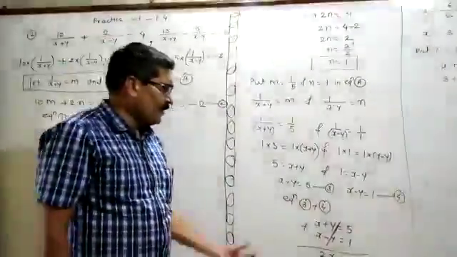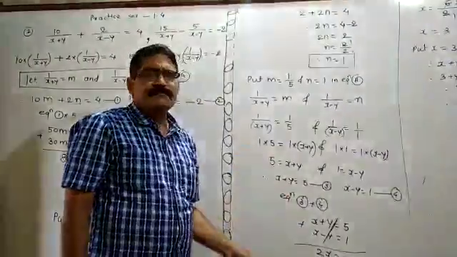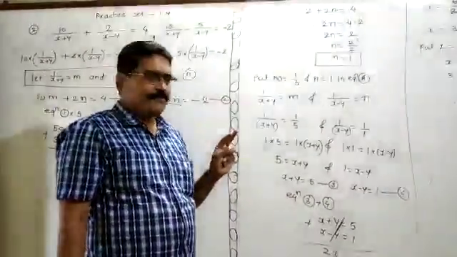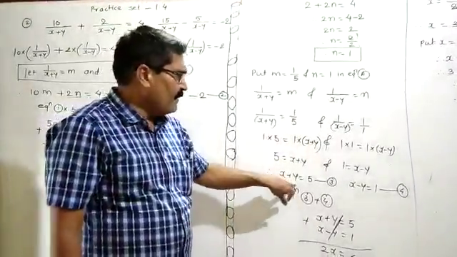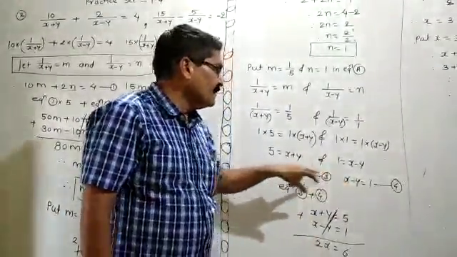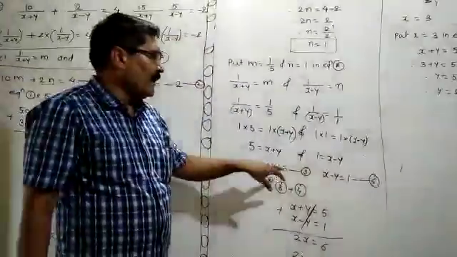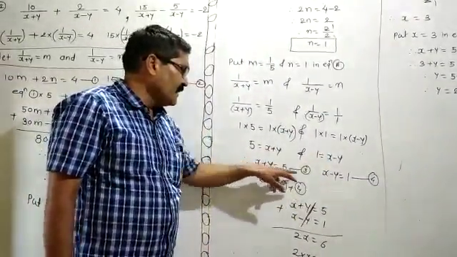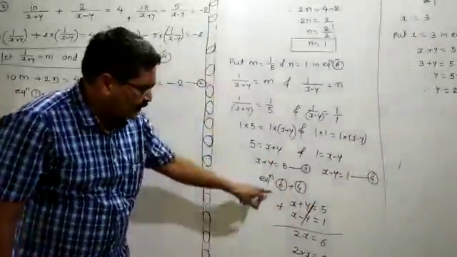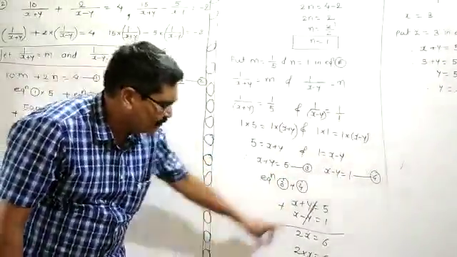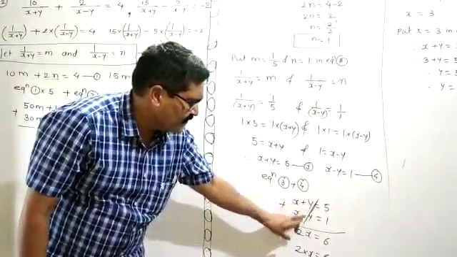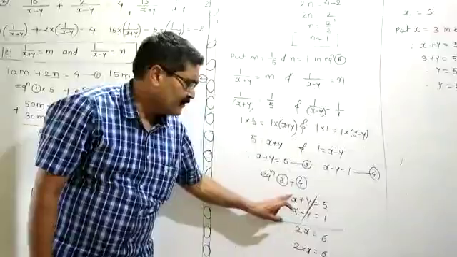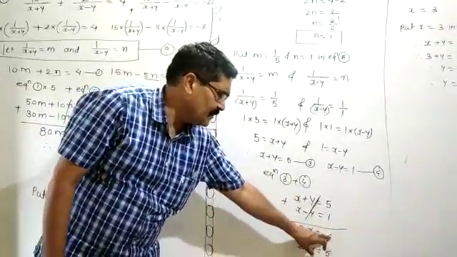Then what you have to do, you have to eliminate one of the terms. Means in such a type of example you have to do the elimination twice. So here I will eliminate this term of y. These coefficients are the same and the signs are opposite. In opposite sign you have to do the addition. I will say equation 3 plus equation 4. Once we add equations 3 and 4, this y term is the same term having opposite sign. You have to strike this y term. This x plus x is equal to 2x is equal to 6.